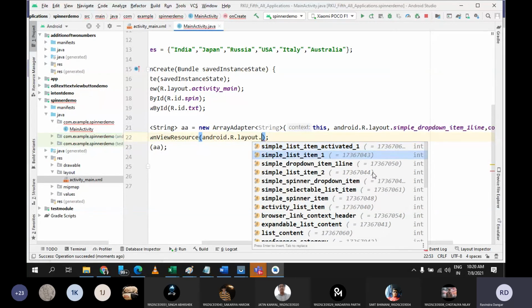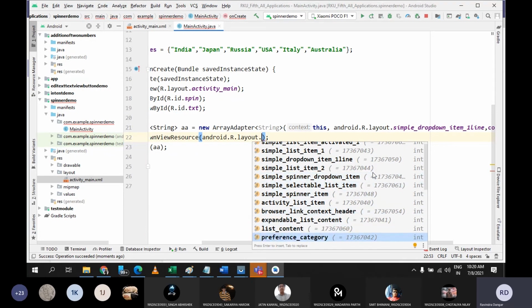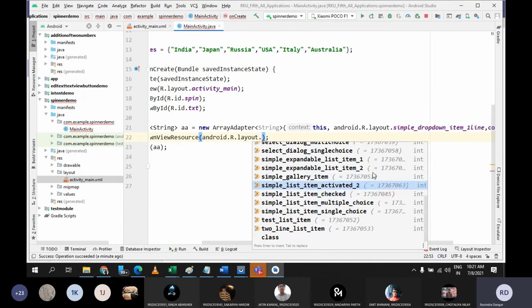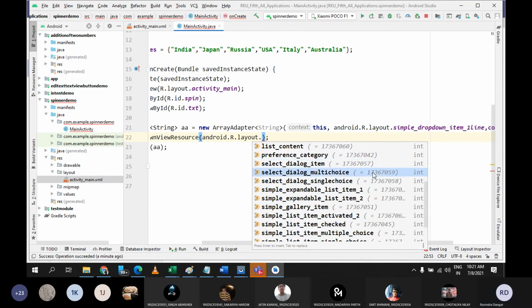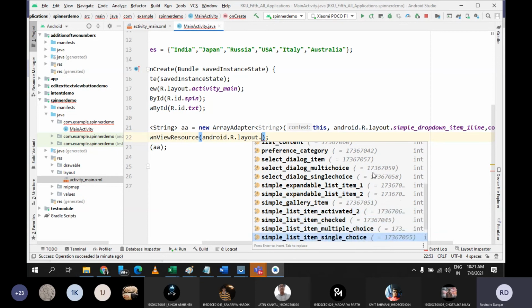Once you get time, you can go with all the patterns and you will be able to find the changes. If I go with simple spinner item, if I go with simple list item, whatever different patterns you select, accordingly it will give the list of items in your drop down. During your free time, just explore all the things, because many of them are giving the same output, the same pattern. So here I don't want to waste time. But this is the only difference.